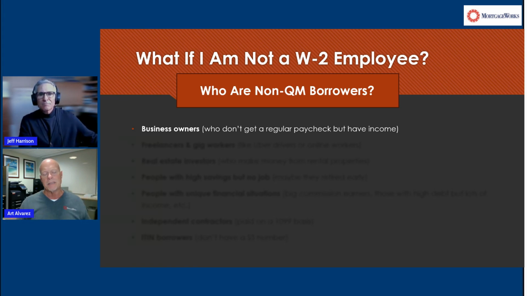And in most cases, a business owner who is a sole proprietor filing a Schedule C, almost always there's no salary they're paying themselves. So it's all based on, what is that bottom line net profit? And again, because they tend to be aggressive to avoid income tax, that bottom line usually is going to be too low to get you qualified.